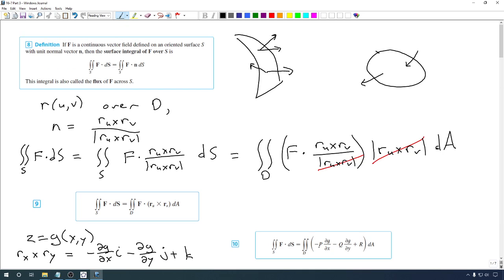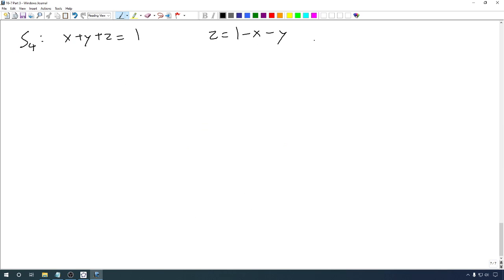So here, remember the P, Q, and R, those come from f. Those are the components of f. We'll take the derivative of the function with respect to x and y, and multiply them by the components of f. But remember, we do have a minus sign for the first two terms. So dz/dx, of course, is just -1. dz/dy is also -1. So that means our surface integral over S4 of f dot dS,